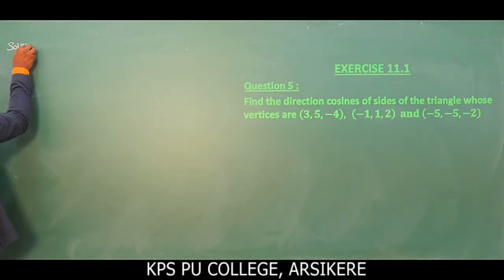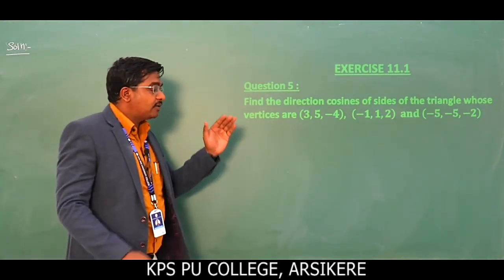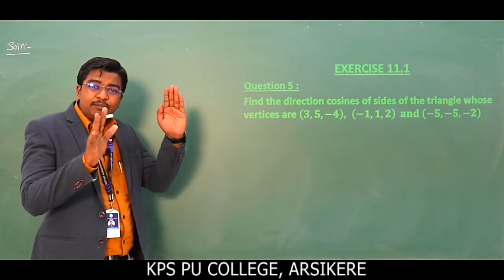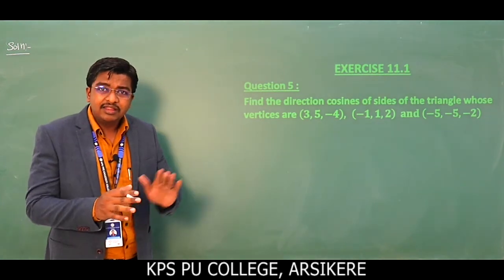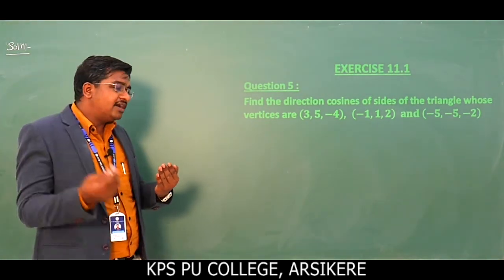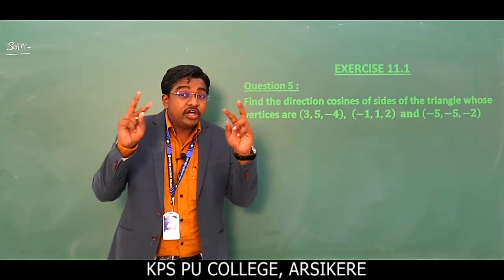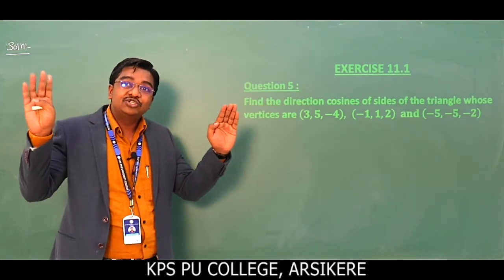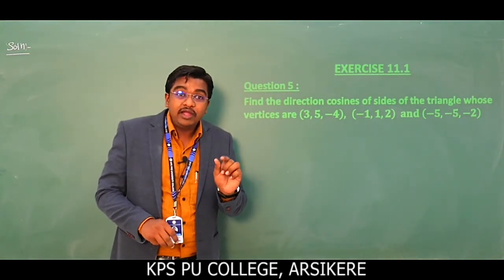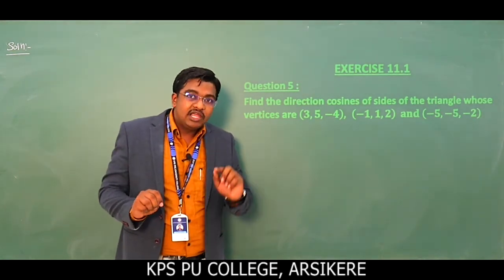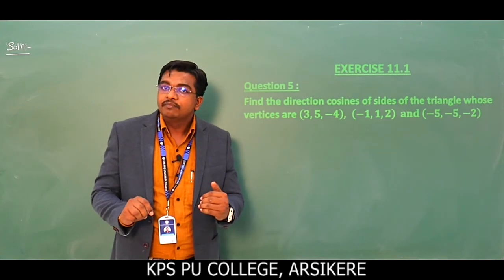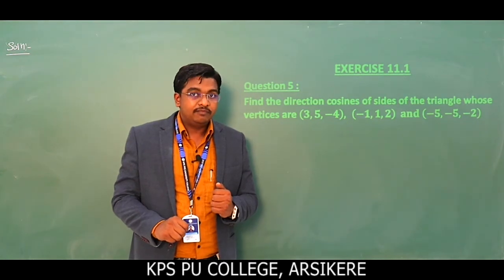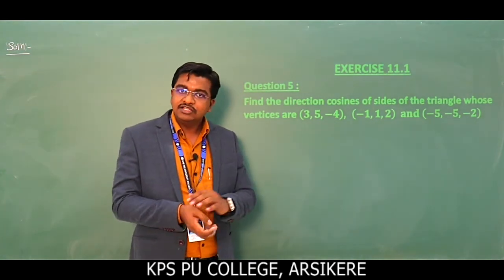Solution. We give the hints and you can work it out yourself. This problem is very important, very simple and very easy. Construct the triangle ABC, then find the direction cosines of AB. The direction cosines of the line joining two points x1, y1, z1 and x2, y2, z2 are x2 minus x1 divided by the distance between the points. For AB: x2 minus x1 divided by AB, y2 minus y1 divided by AB, and z2 minus z1 divided by AB. This is for AB. What about BC? That will change the step.